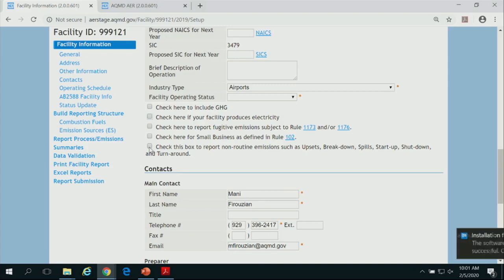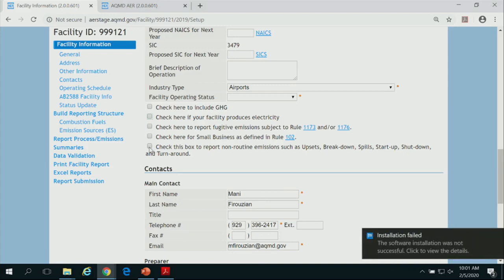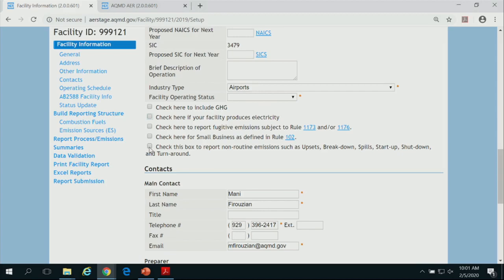If you're trying to report offsets, you have a fuel spill at the facility, or you have an operation with startup and shutdown emissions, which are different than your normal operating emissions, then you check this box. For the device that you're going to be reporting offset or startup and shutdown, it's going to add the features there for you to report non-routine emissions. About a spill, a fuel spill.